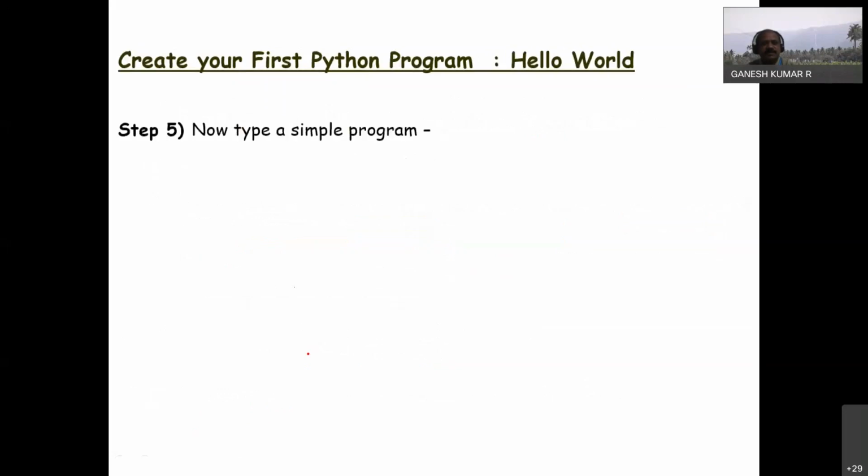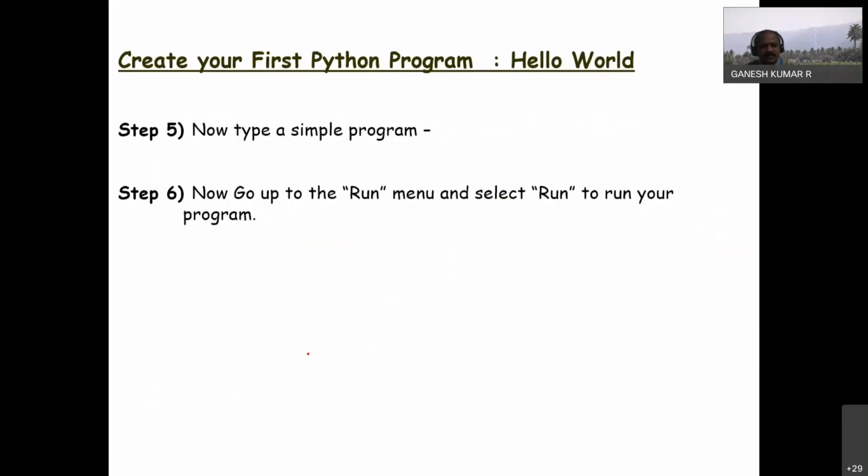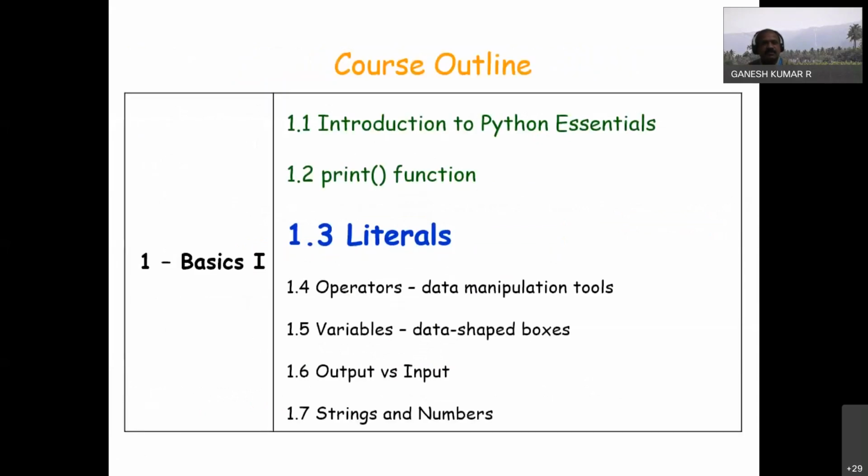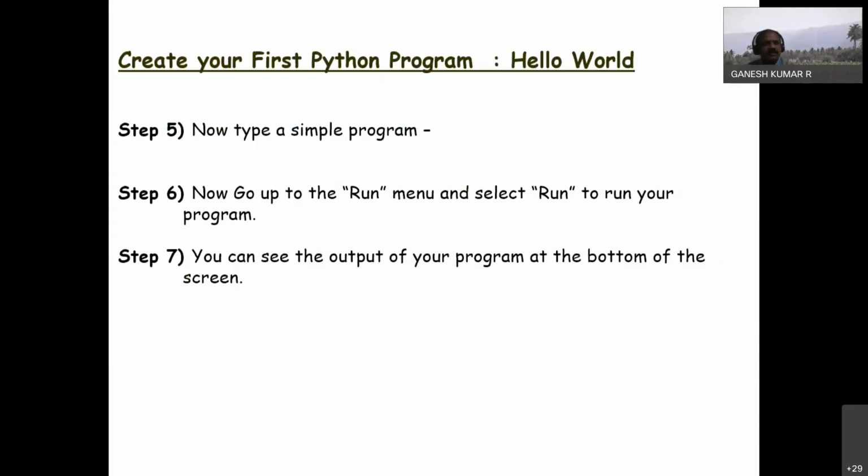After selecting OK, we have the simple program created. After typing the statement snippets, run to execute the program, and you will get the output if the instructions and statements are correct. In case of errors, they will be highlighted. After debugging, we'll check the output. Fine. Let us begin with the print function.